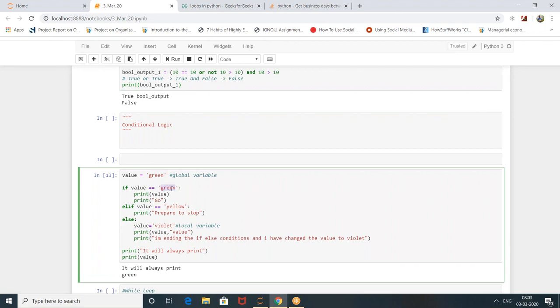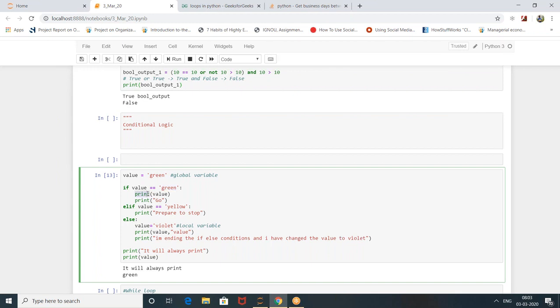Okay. Now value is green, right? If value is equal to green, it will go inside this if condition. When it is going into this if condition, I'm printing, just a hard code, that is go. Continue.